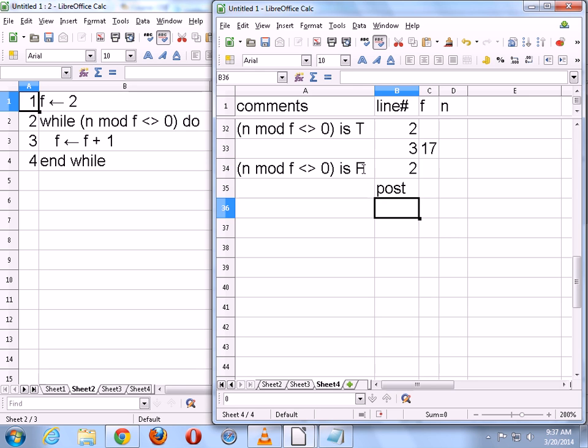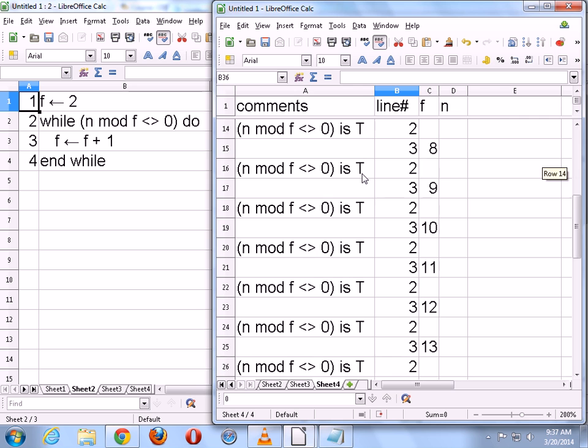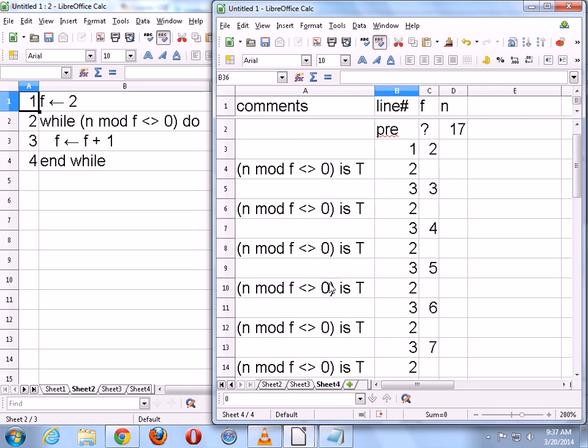So what if I tell you that I could have stopped a long time ago? What if I tell you that I could have stopped right here? Right after I tested that 5 is not a prime factor of 17, I could have stopped and made the conclusion that 17 is a prime number. That would be a good optimization. It could have saved me quite a few iterations.